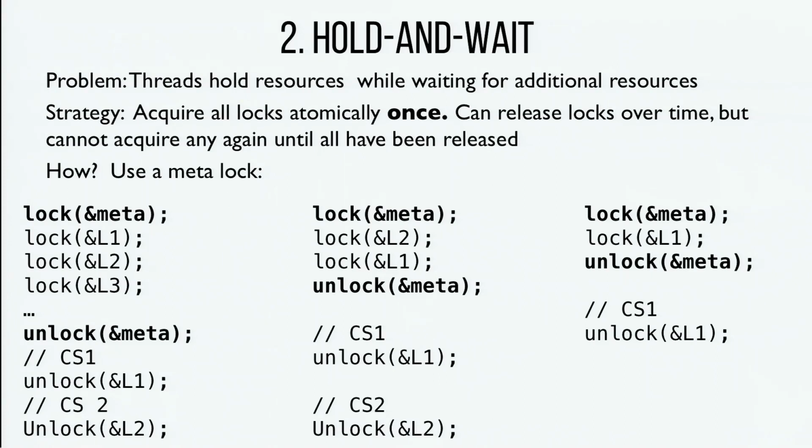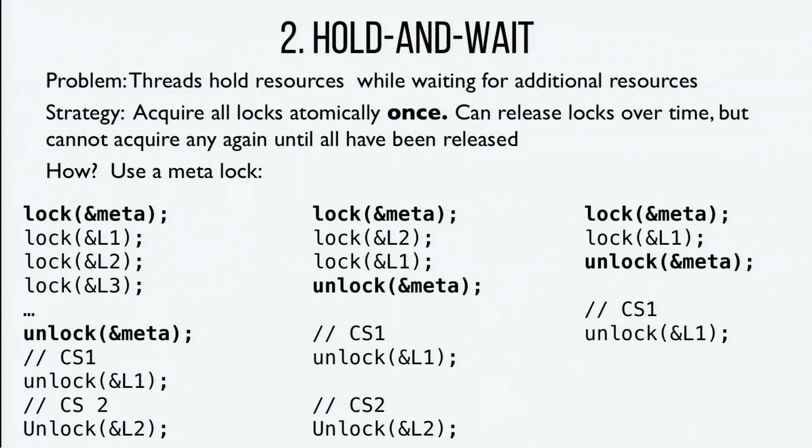And at some point, let's say it has to wait. Then let's say we have a context switch, and someone else runs thread 2. It won't be able to grab the meta lock, and thread 3 won't be able to grab the meta lock. So there won't be any contention or anything that could happen out of order with lock 1 and lock 2. Then at some point, thread 1 is able to grab all of the locks that it wants, and it will